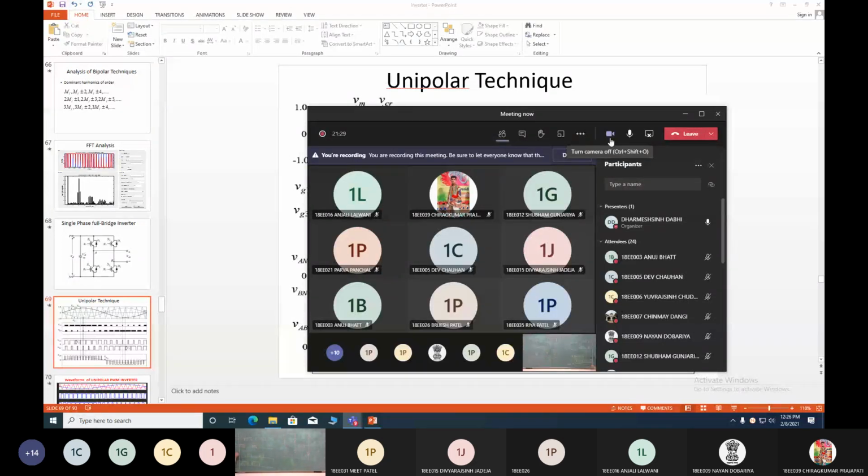Now we get the VG3 by comparing this negative sine wave with the triangular wave. Suppose this is the VG3 gate pulse for switch number S3. Exactly complementary to this is given to switch number S2. So suppose this is VG3, and exactly complementary is VG2. When VG3 is 0 here, at that time you get the VG2 gate pulse for switch number S2. In the same way, wherever VG3 is 0, you get the VG2 for switch number S2.